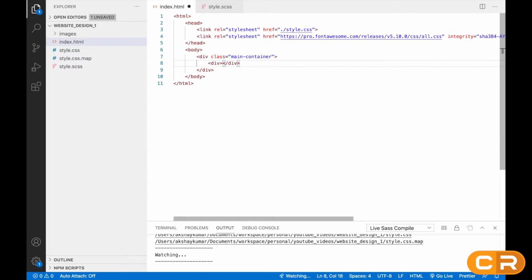We'll create three divs inside this. First one will be sidebar. Second will be card section. And the third one will be detail section. Okay.